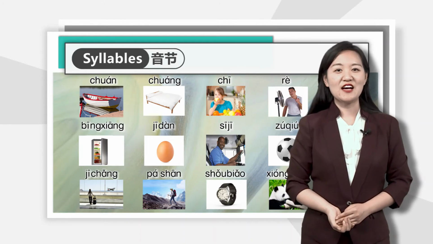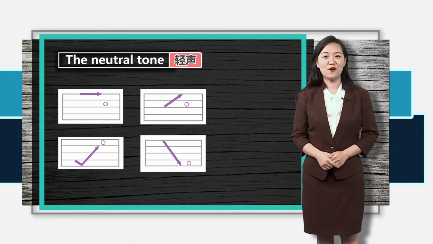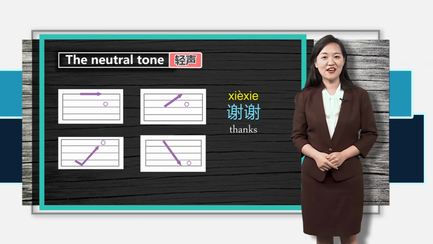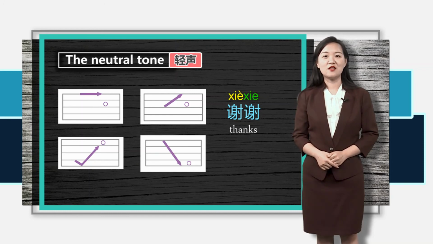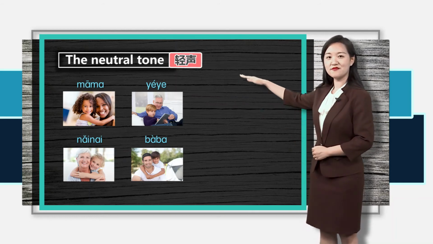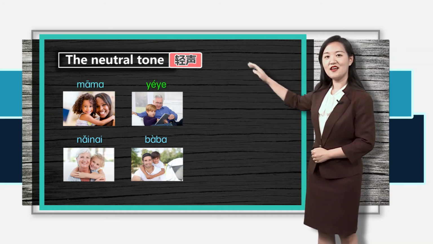Very good! Now we have learned all the initials and finals, and you can read all the pinyin in Chinese. It's not that difficult, right? Apart from the 4 tones, there is another special tone, the neutral tone. A character with a neutral tone will be pronounced in a short and light way. For example, do you still remember how to say thanks in Chinese? 谢谢. The second character is pronounced with a neutral tone. Let's have a look at more examples. 跟我读。妈妈，爷爷，奶奶，爸爸。